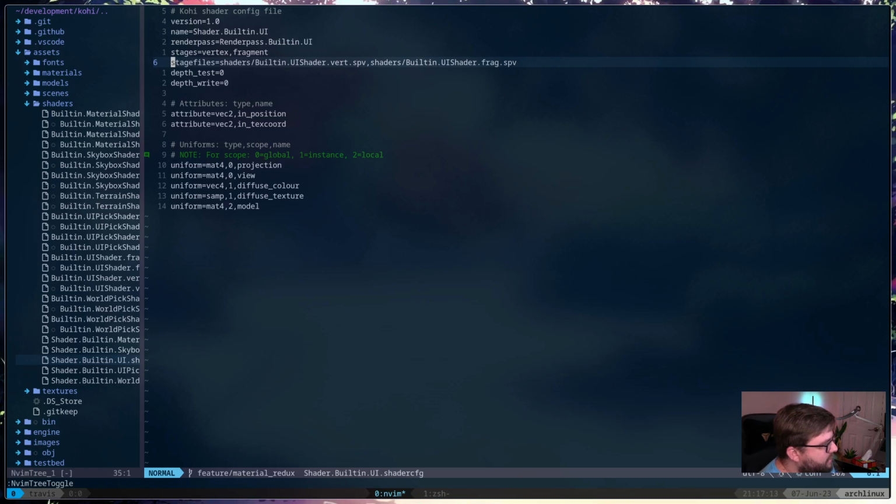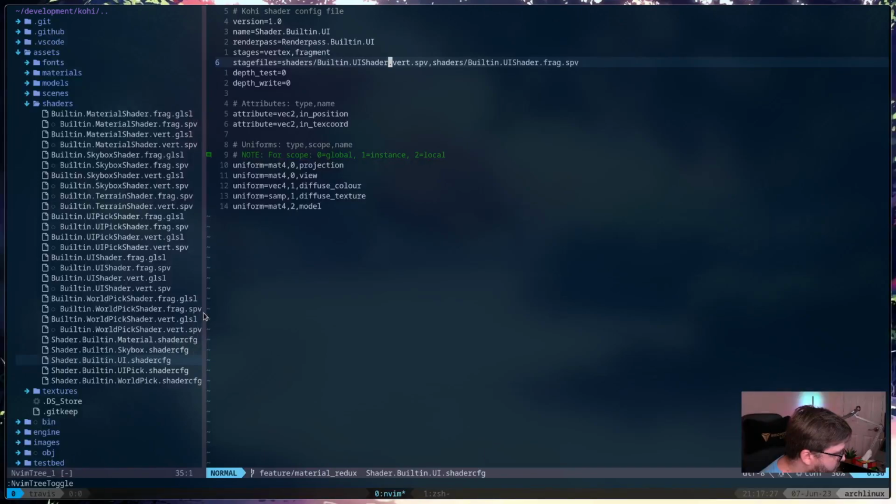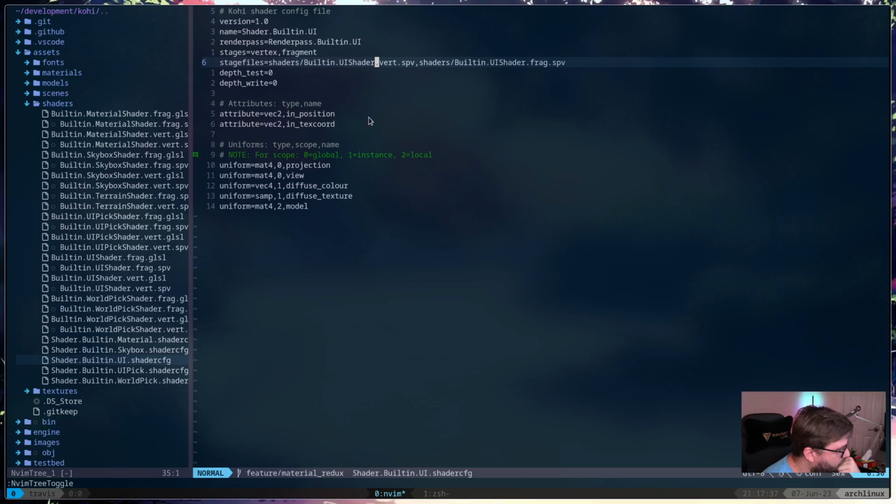And this just loads the built-in UI shader vert and frag, which I think are both here. Yep, they're both here. So why is it saying it can't find that, I wonder? That is very bizarre.